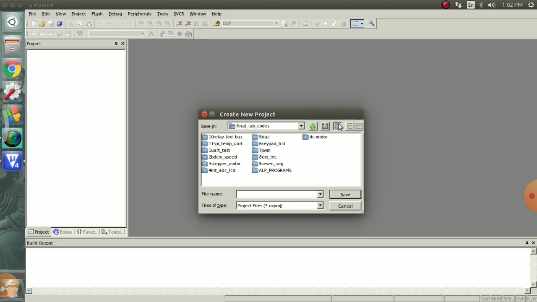That is why you create a new folder for different programs. Give it a name of the program you are going to do, and here give the name of the project. Like I'm doing a UART, just give the name as it is, UART 0. You save it.